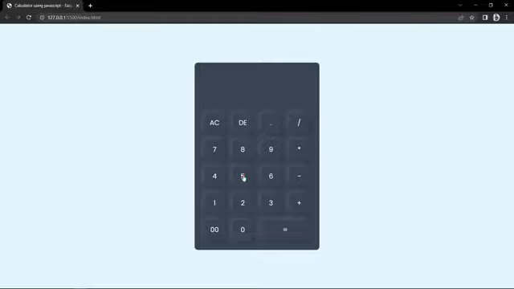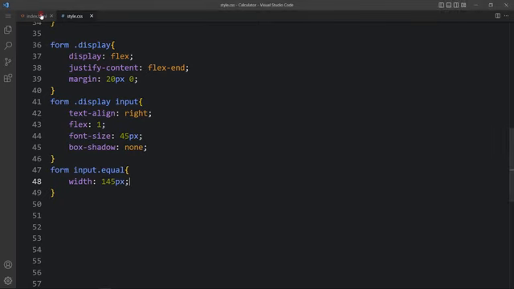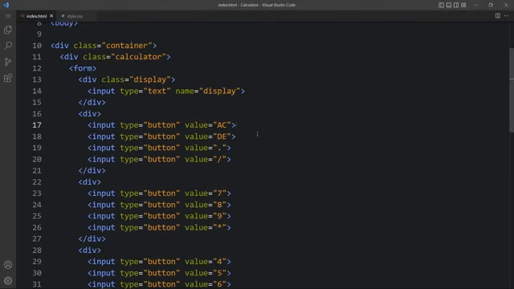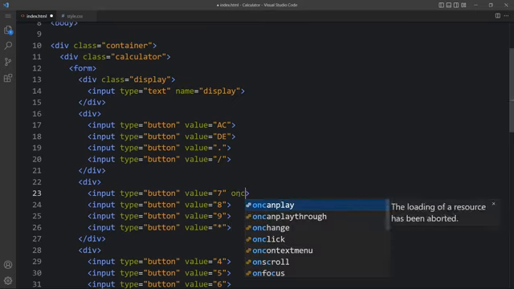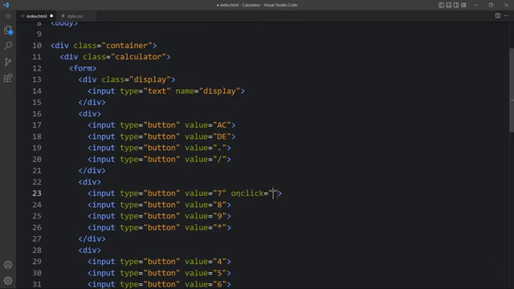Whenever we will click on any number, that number should display in the display area. So let's come to the HTML file. So we will add the click feature in these numbers. So let's start with this 7. Here we will add onclick equal to display. Here you can see we have the input with the name display, right? This display dot value